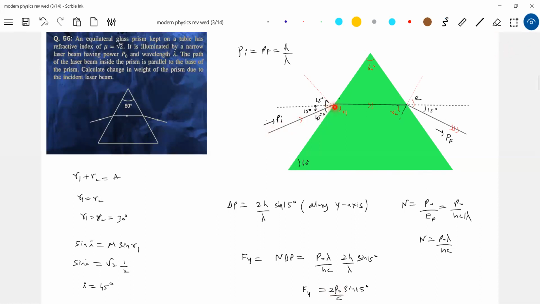Okay, this is the 60 degrees. This total will be 60 degrees. This is 45. So this should be the 45. This is 90. So therefore, this is 15. So the incident ray will make an angle 15 degrees with horizontal. So here it will come like this. So here also this angle will be 15. So this will be the force like this. Here the momentum is like this. A change in momentum, final minus initial. Answer given cos.